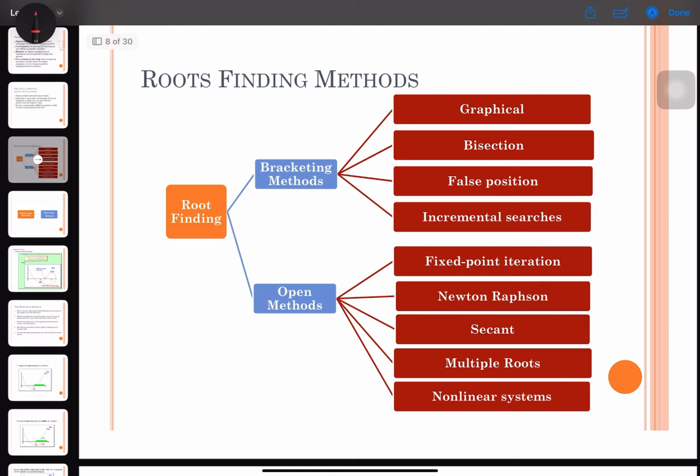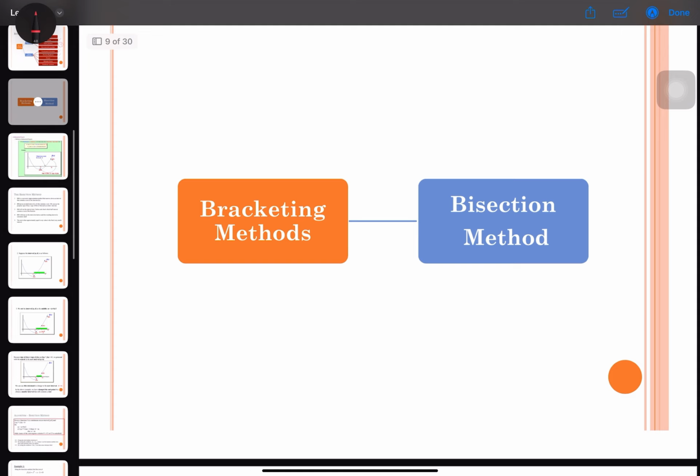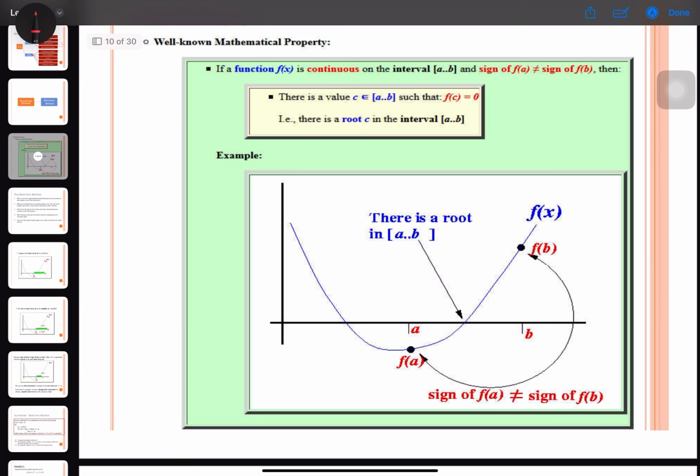Okay, so I will straight away go to the root findings method. In our syllabus, we will cover bisection method under bracketing methods. Next, fixed point iteration, Newton-Raphson, and secant. So we have 4 methods for you to study. Okay, we will start with bisection method. Bisection method basically,